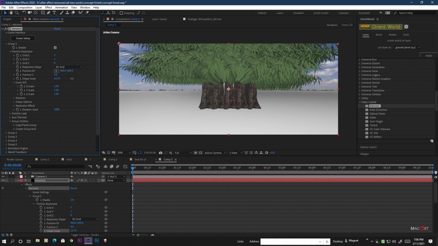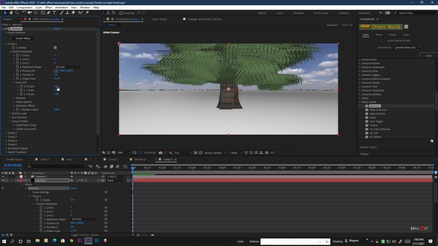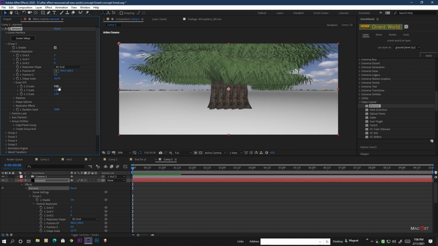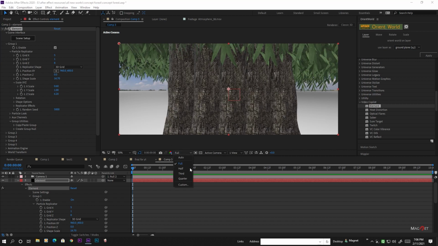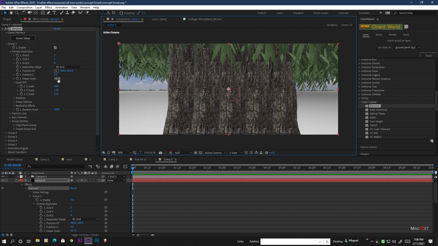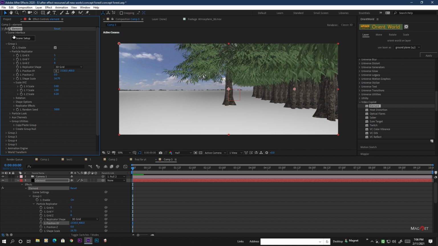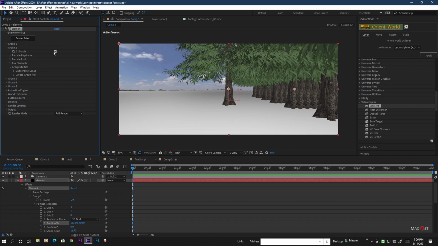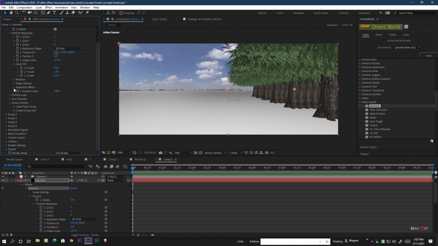And now we increase the scale shape a little bit, and we also increase the X scale shape and the Z scale shape like this. Okay, and we change this resolution to half, and now we place our trees here. Maybe we disable group number 2 and group number 3 for now, and again go to group number 1, and now go to the shape option, replicator effect here, and go to the scatter here,